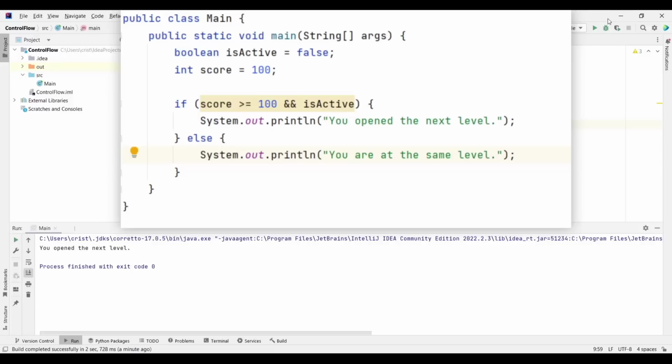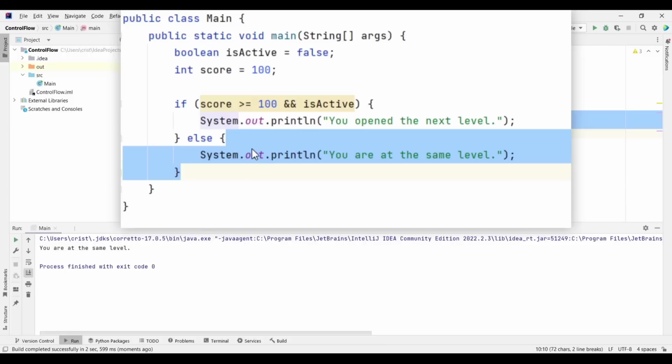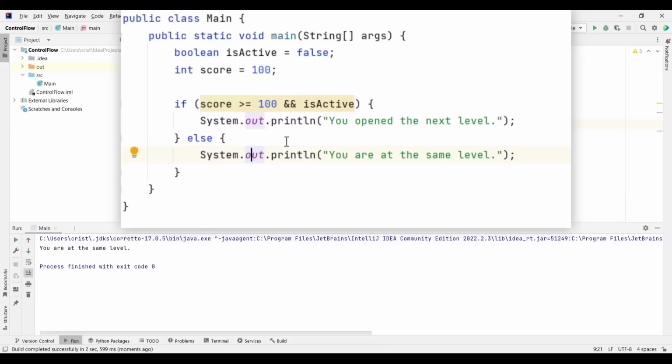So now if you run this, now the else part is executed because both conditions have to be true in order for the entire expression to return true. This is how the logical AND operator works, and because its active is false, it executed the else part and it output in the console you are at the same level.